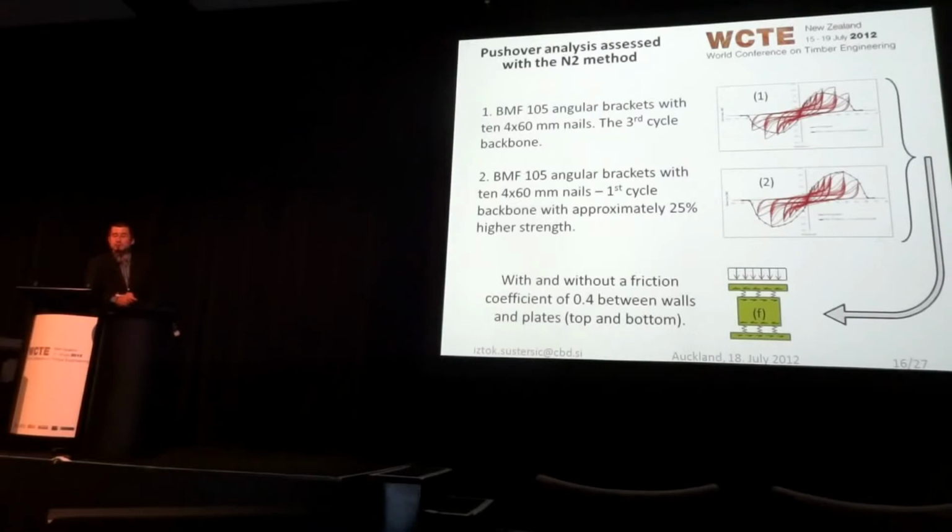The rotation point was pretty much at 0.9 of the actual wall length, but we were testing walls at around 2.5 meters, so it didn't seem to move significantly. However, I think it's more a question if you have a high-story building, but in the first floor, where you don't have a concrete foundation anymore, but you have a cross-laminated plate, which is then compressed perpendicular to grain. And then, in this case, you might